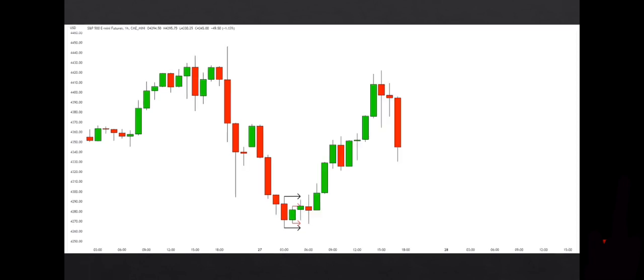inside pattern. Price was going down, so this is a bullish harami pattern, meaning that price will be going down and then the pattern will appear to signal a reversal to the upside. Let's see what happened with price right after the pattern. In this chart, you can see how price immediately reverses to the upside after the bullish harami or the bullish